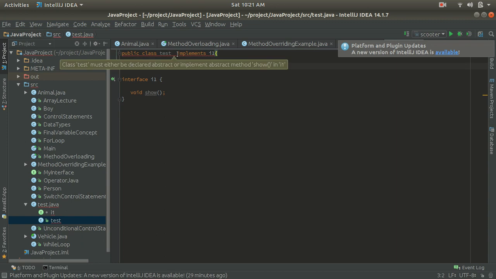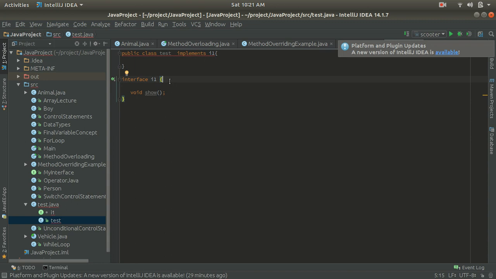So here you can see that we are getting a compile time error as I have implemented an interface. It is saying that class test must either be declared abstract or implement abstract method. So it means that either we have to make this test class abstract, or you have to implement or override all the abstract methods inside the interface I1.